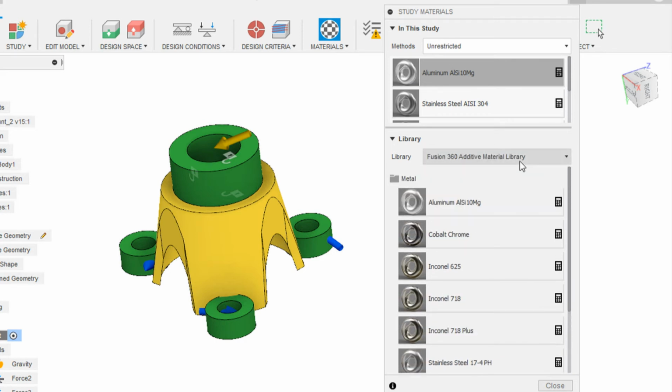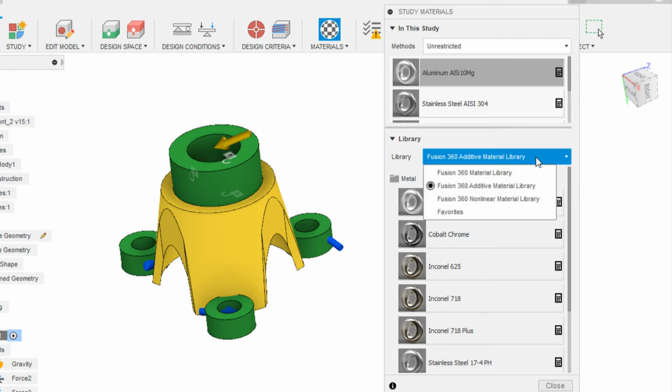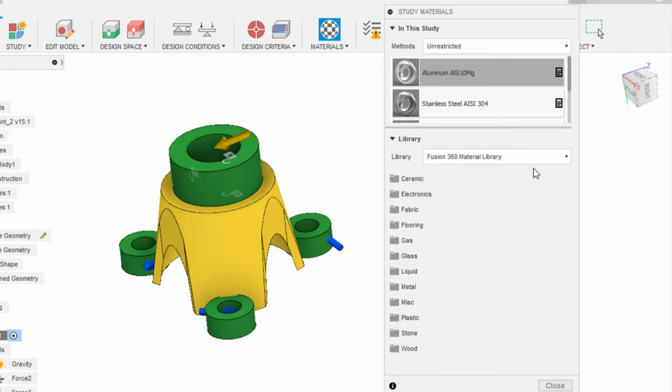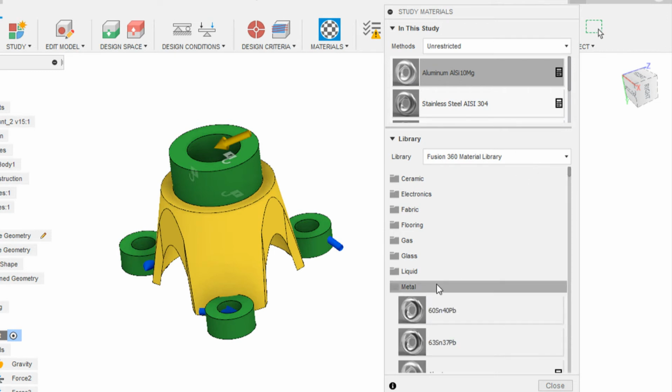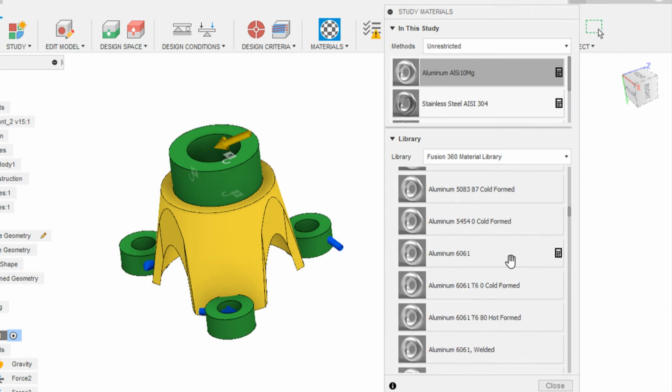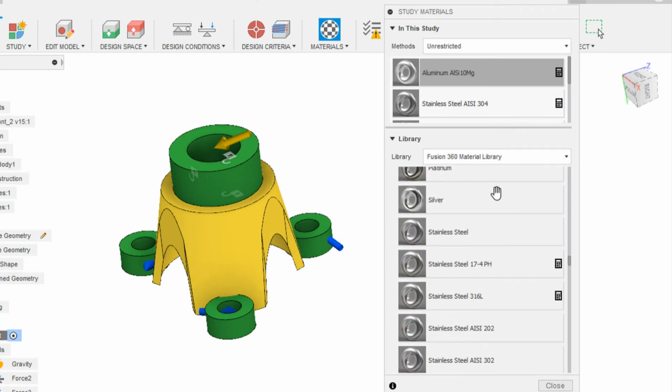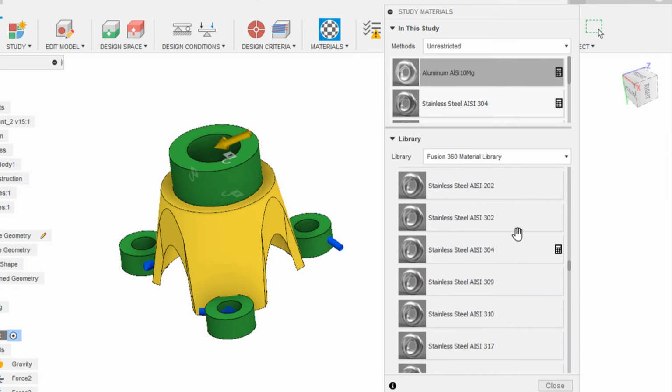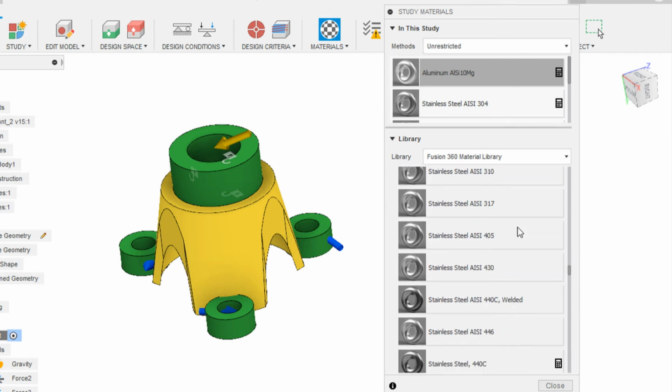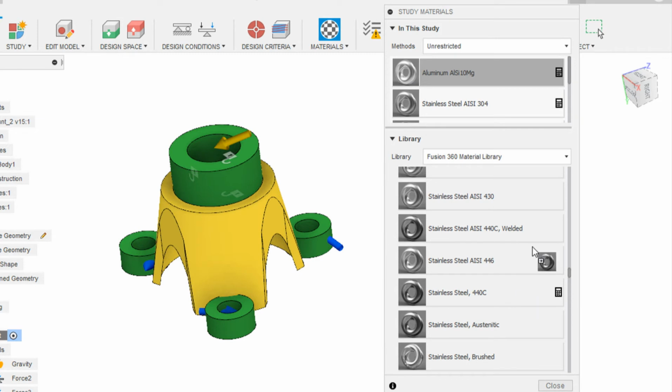If you expand material library, we have much more. If you click on Fusion 360 material library, it will bring all those materials which you want to define. Under metal, I'm going to search for aluminum 6061. Here it is. Also, I'm going to search for SS440C. Here it is. Now that I'm done with unrestricted,